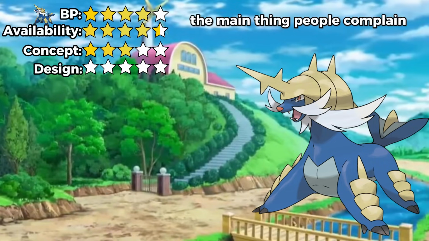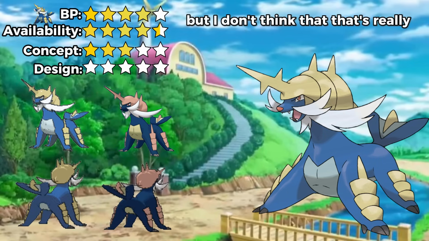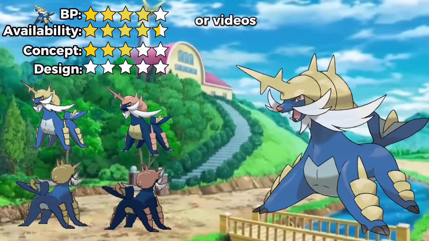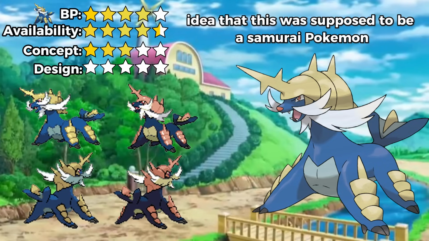The main thing people complain about with Samurott is the fact that it went back on all fours, even though nowadays being bipedal is definitely more hated, but I don't think that that's really the issue. My main complaint is that unless you see those specific animations or videos of Samurott using its little arm, leg, sword, shell things, you would just have no idea that this was supposed to be a samurai Pokemon. It just looks like an